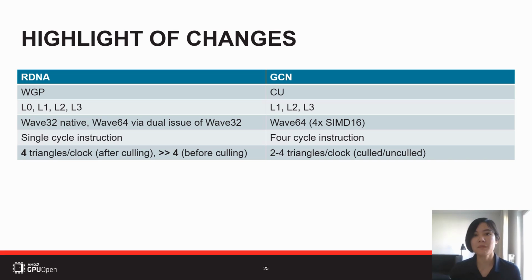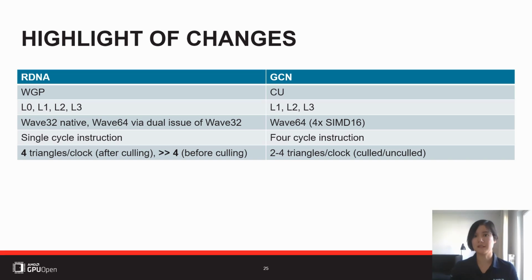because what's happening on RDNA is that we have our triangles that come into the GPU, go through the vertex shader, and then we have an automatic culling step. You don't have to do anything, this is just automatically done by the GPU, and after the culling step they get fed to the primitive assembler. So this means that the triangles per clock submitted to the GPU itself, submitted to the vertex shader, can be higher than 4 triangles per clock. Then they get culled, and then the culled triangles are limited to 4 triangles per clock.